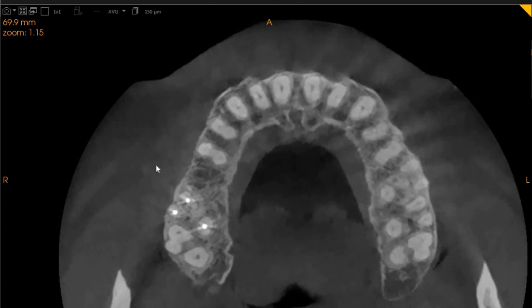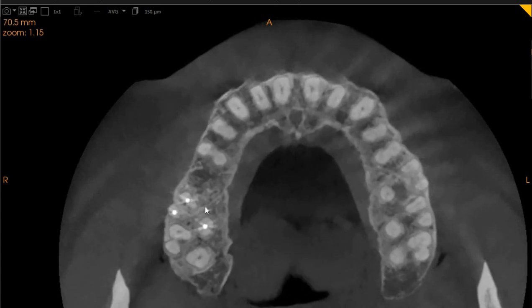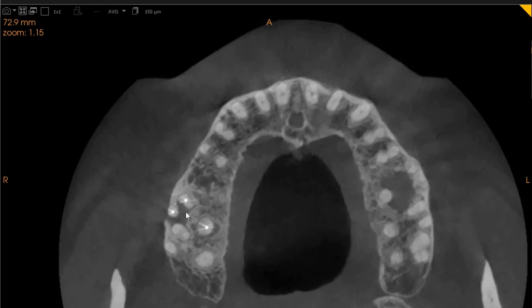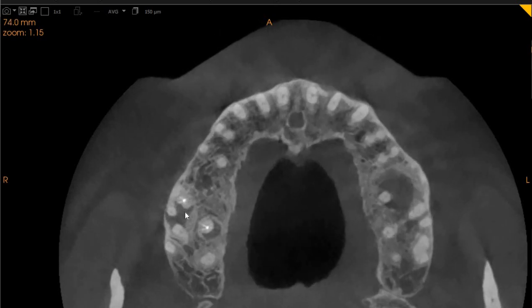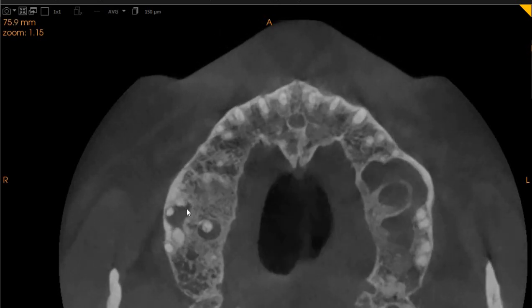Now moving to the upper right quadrant, this is the upper right first and second molar, and here you can see that the radiolucency is involving the interradicular area. It is also involving